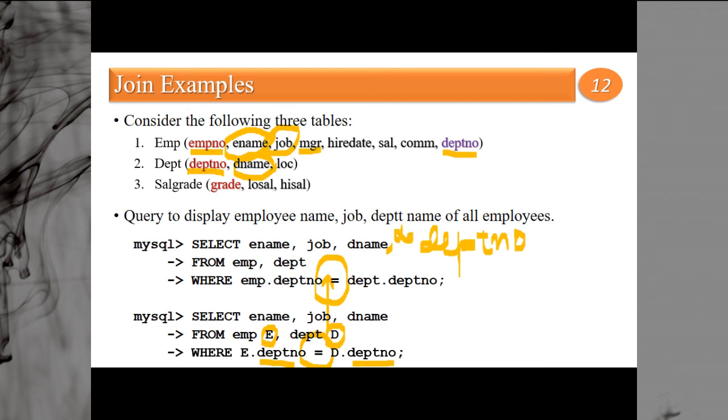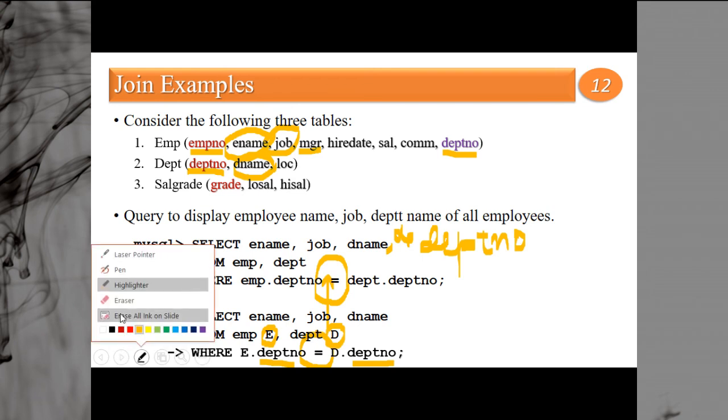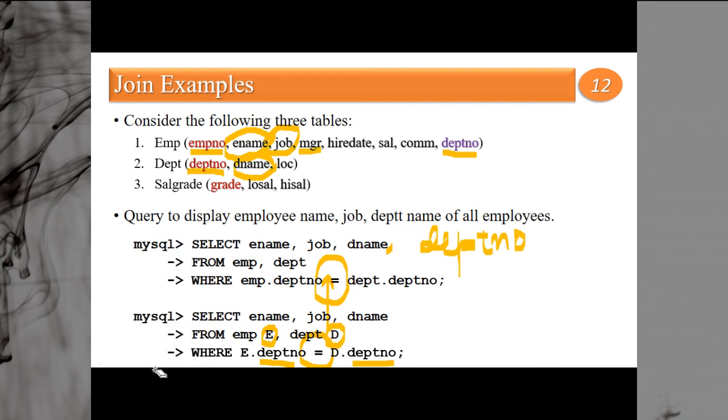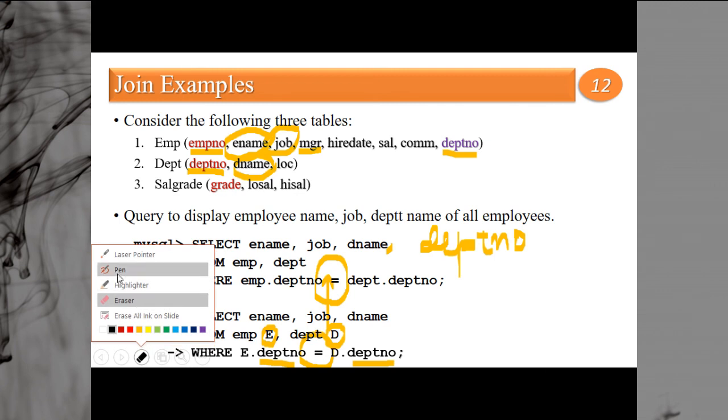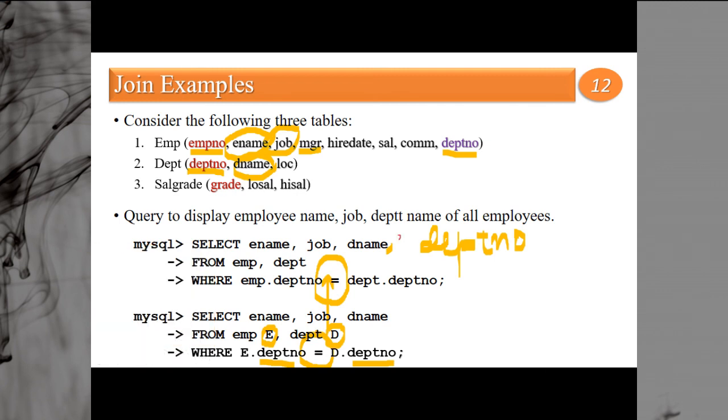We will write here, say, EMP dot department number, or we can write here E dot department number.